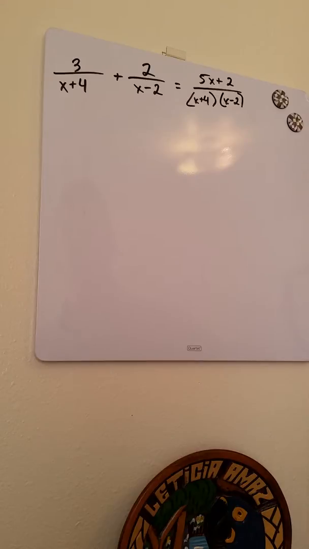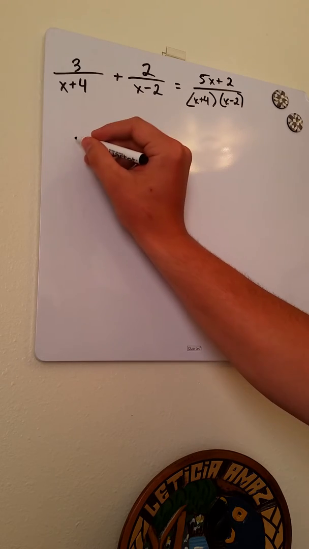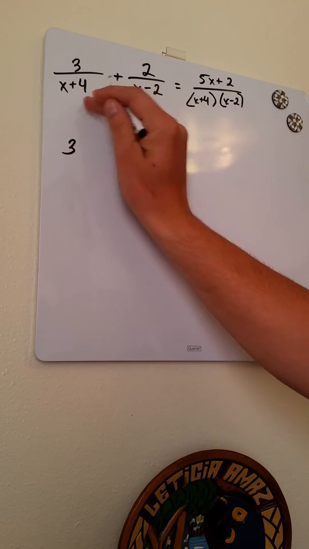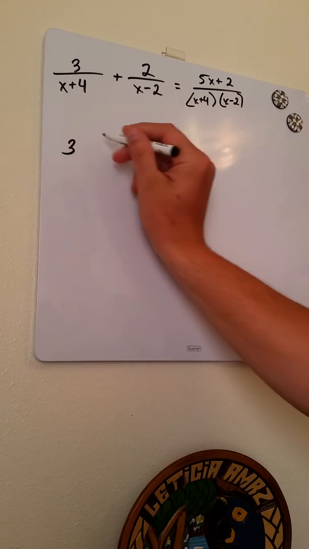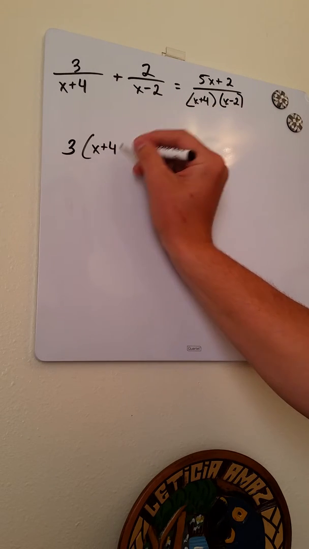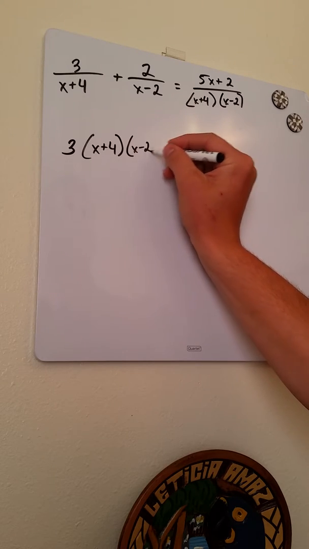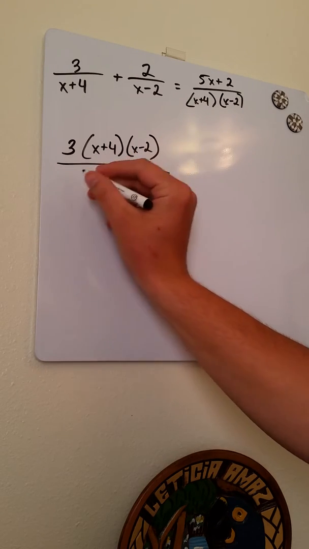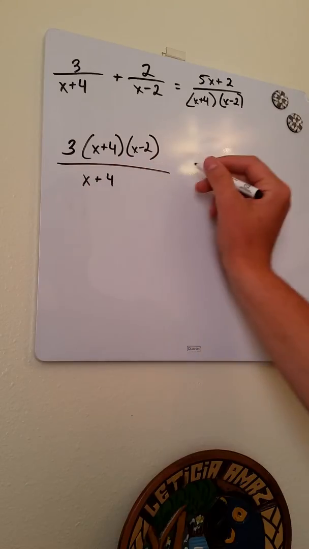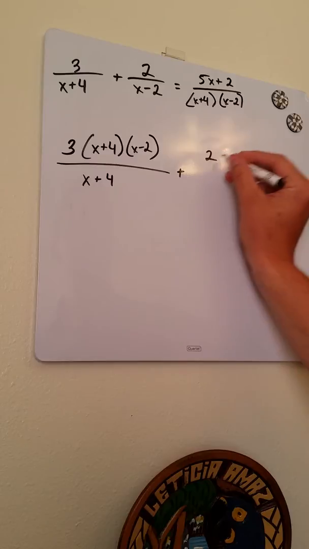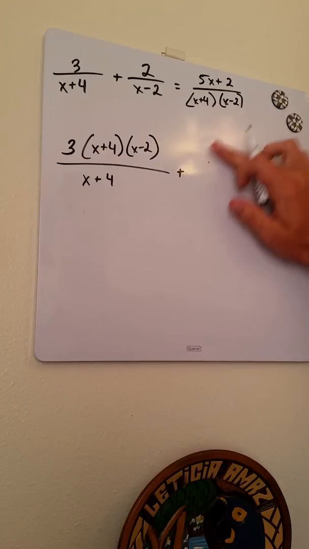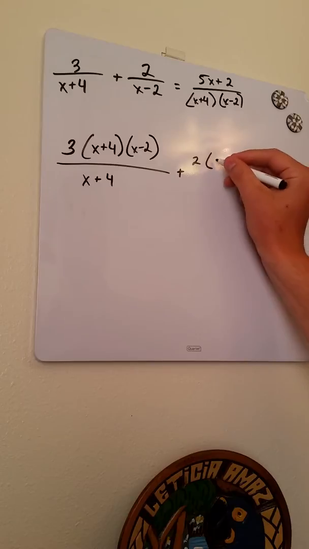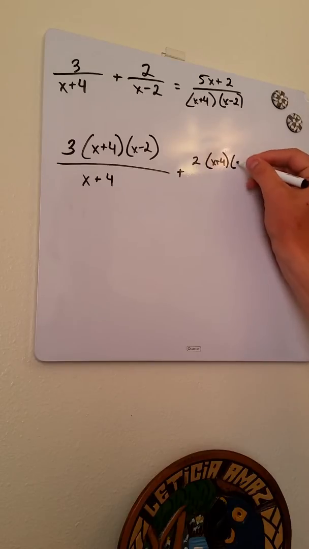But what we're going to need to do to be able to combine like terms and make this simpler is get the same number on the bottom of each fraction. So the easiest way to do that is going to be to times each part of the equation by x plus 4 times x minus 2. So if we do that, we end up with this over x plus 4 plus 2, and let's move that over so I have more room, plus 2 times x plus 4 times x minus 2